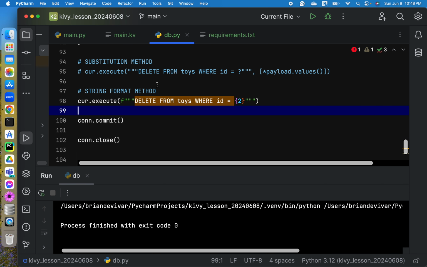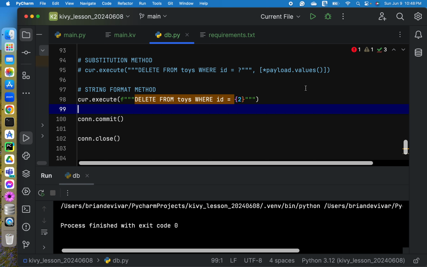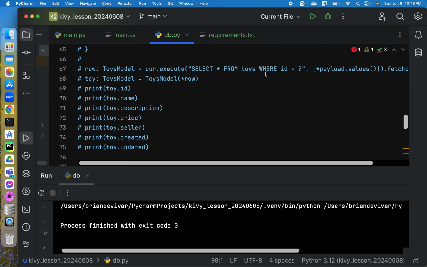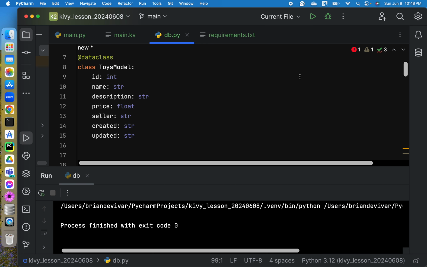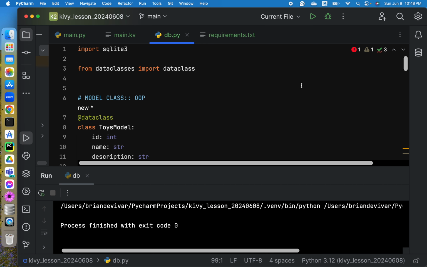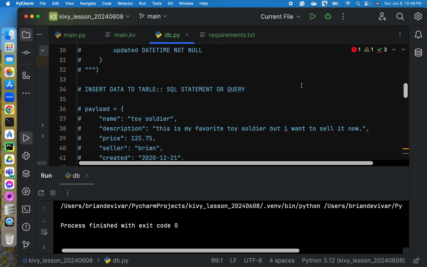So in our next video, in part 3 of our series, we will now combine our SQLite knowledge with the app that we are building in part 1.